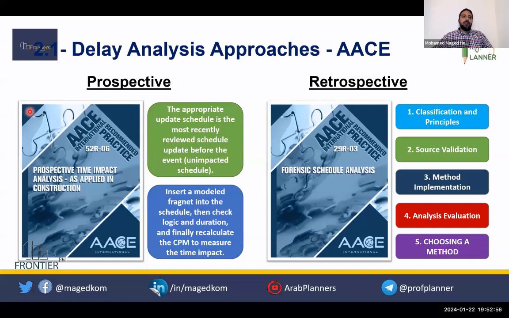Yes, I see. But you also need to go to the contract and check the other provisions: the provision of the notice to proceed, and the provision of the commencement and the duration of the project. You need to check these provisions in full detail, all details and the language and terminology in the contract.